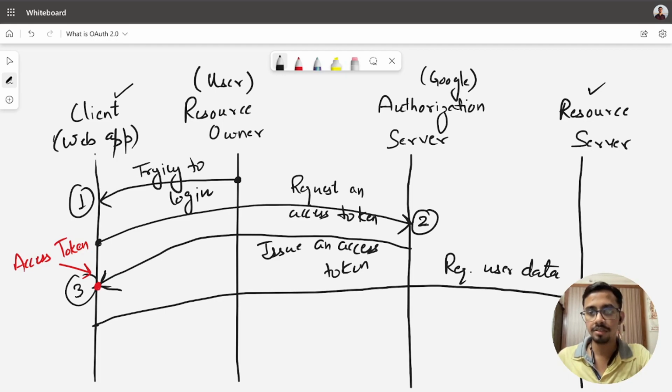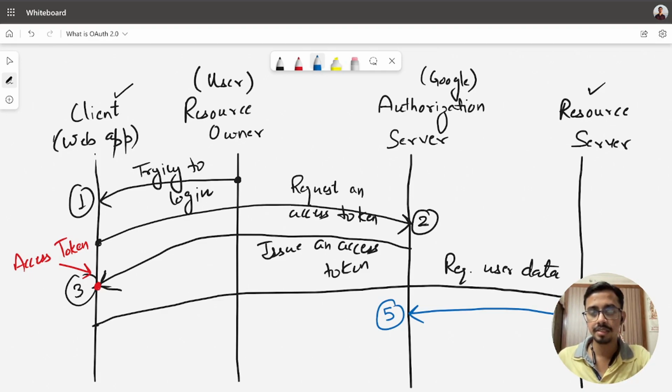So the resource server will take the access token that the client currently has and pass this access token to the authorization server and ask it to please validate whether this access token has actually been issued by you, right?